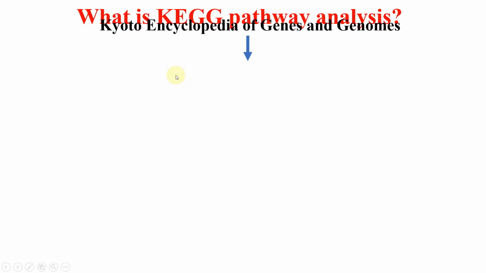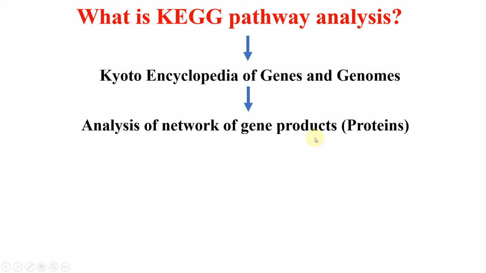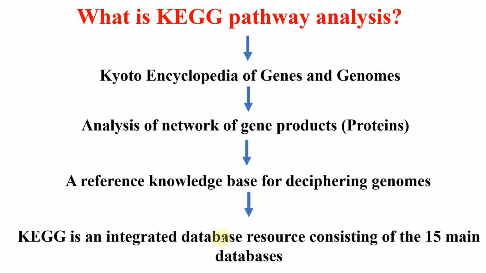So as we know, KEGG stands for Kyoto Encyclopedia of Genes and Genomes. So then what would be the KEGG analysis? This would be the analysis of the network of gene products, which are usually proteins. Actually, the KEGG database is a reference knowledge base for deciphering genomes, and this initiative was led by Japan in 1995. The KEGG is an integrated database resource consisting of more than 15 main databases,